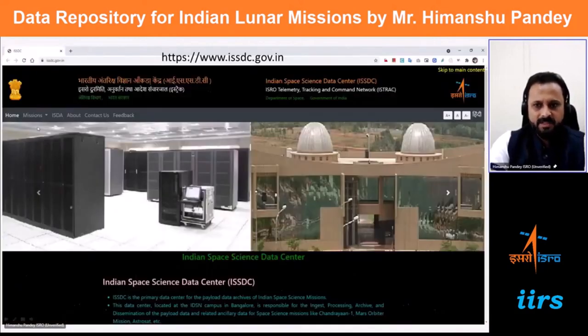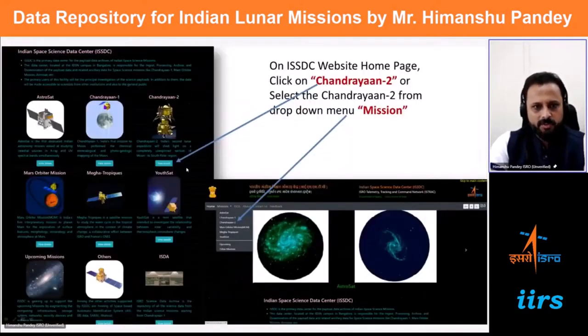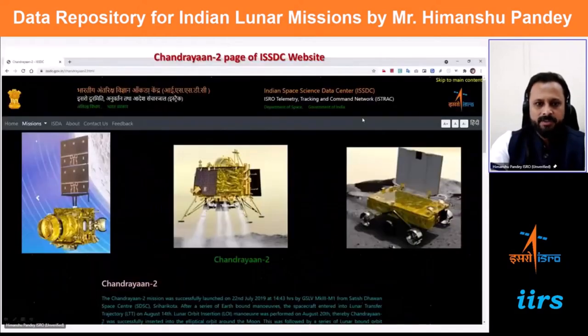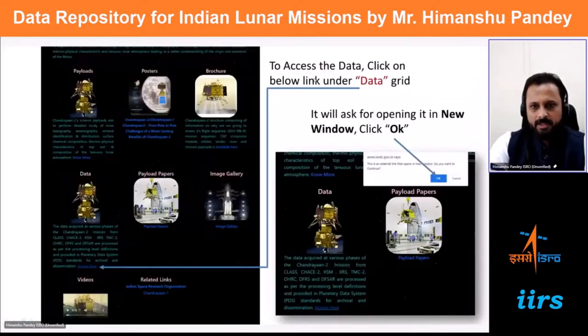And as a part of the demo, click on this mission. Once you click on this mission, the grid will come, or you can select from here or from here. Once you click on this, this is a Chandrayaan 2 page. Under data, click on access data. Once you click on access data, the pop-up will come because it will be landing